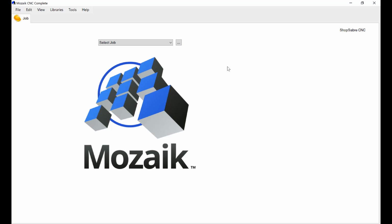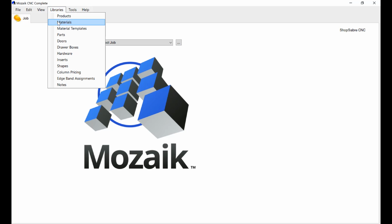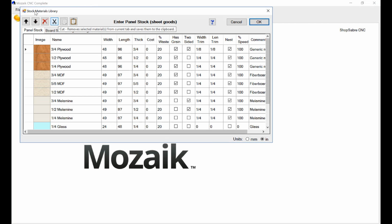Now, let's look at the basics of the software. Before you actually open a job, let's talk about a couple topics. One's materials and how that's managed. Up here, there's a list of libraries, and one of them happens to be materials. This is a listing of the different materials that we have available. The ones you see here are the ones that are installed by default, and of course, you can add